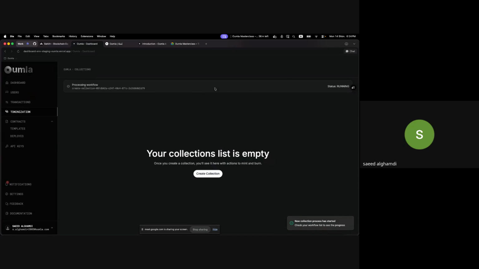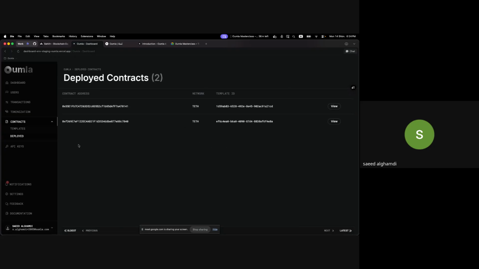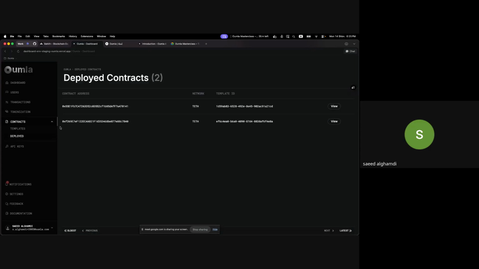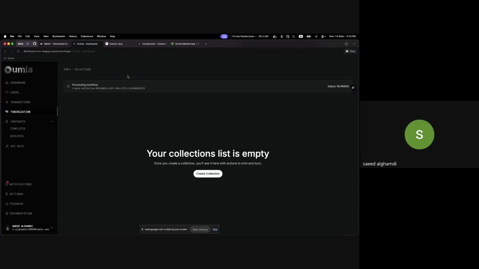Yeah, and now it's processing the deployment for the collection. So basically, we also provide a feature out of the box for tokenization. All of the collections that we have use the proxy pattern. So whenever you want to upgrade your logic, you can do a custom logic on the collection by going to the deploy, and it will be here once it's deployed, but it will take time since it's Polygon. You can see here and do an upgrade on the collection and so on.